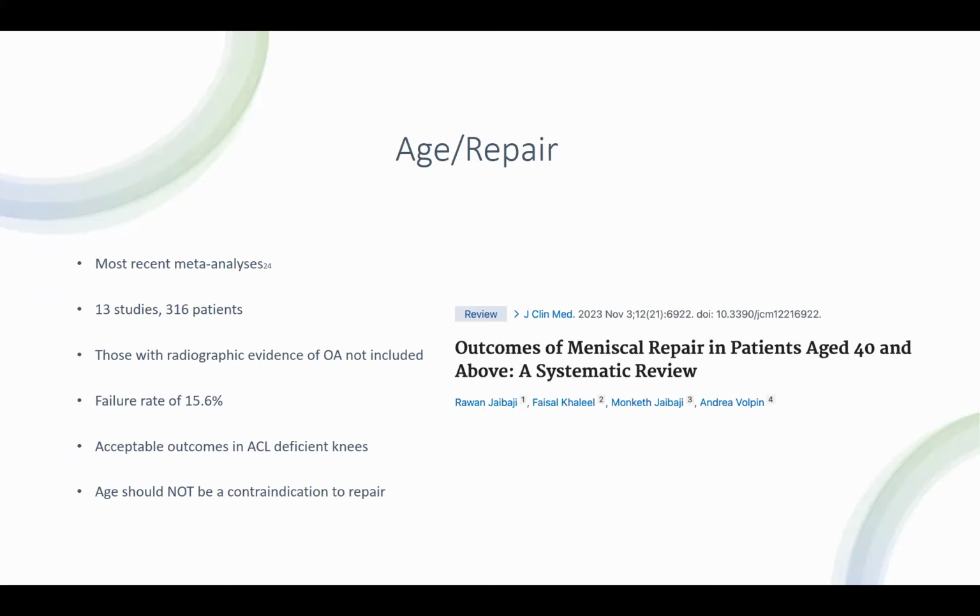Limitations include the heterogeneity of the patient populations included, obviously different repair techniques, postoperative protocols, and judgment of healing, including second look arthroscopy, MRI, and clinically, as well as the duration of follow-up. As such, in the non-arthritic knee, repair may be a feasible option in those over the age